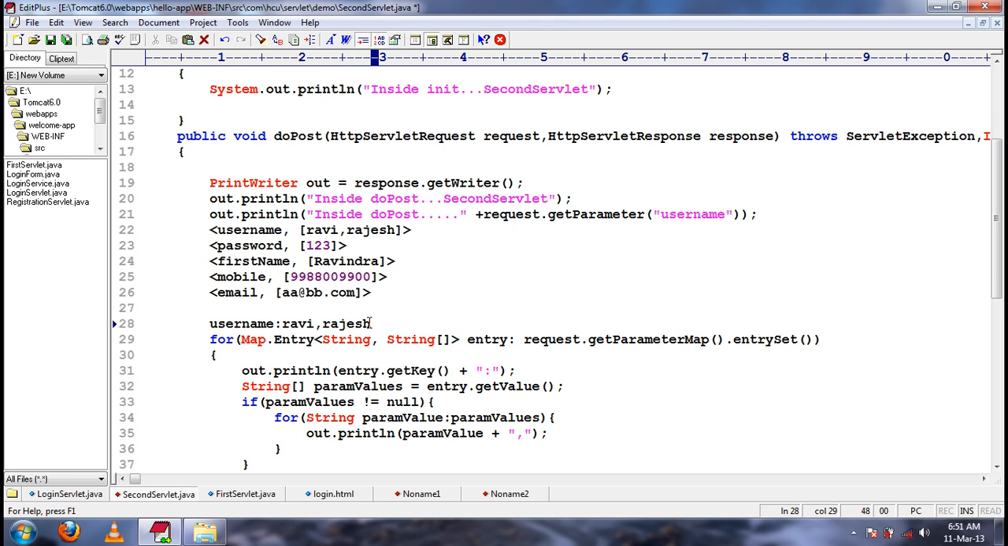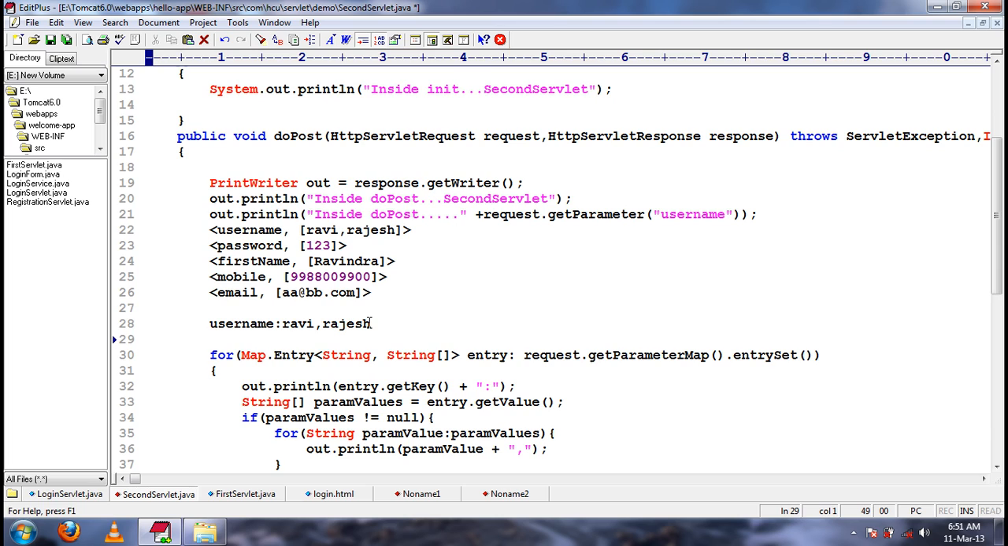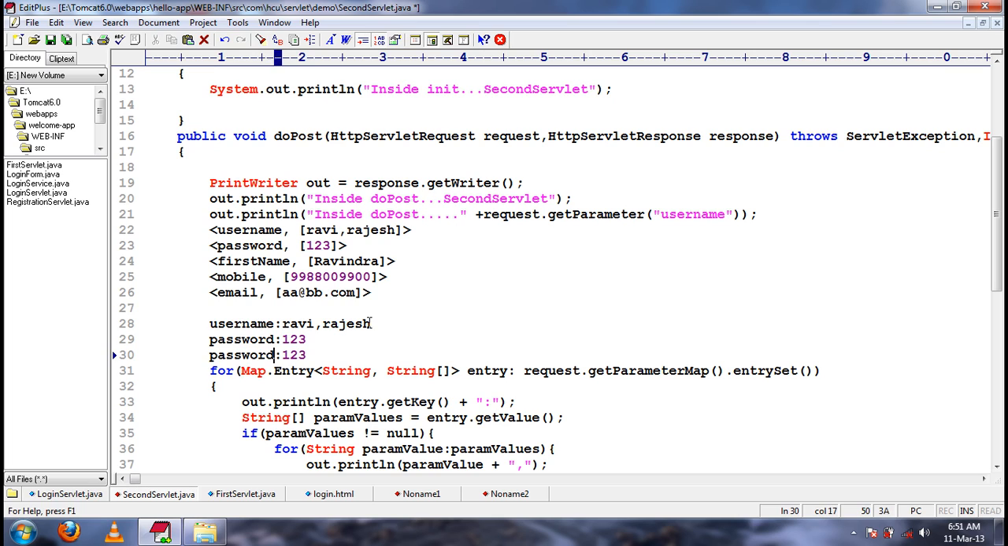Understood? In the same way, password. Okay, understood how we will do? Okay, so now username and password,